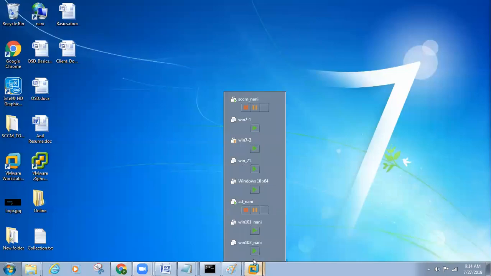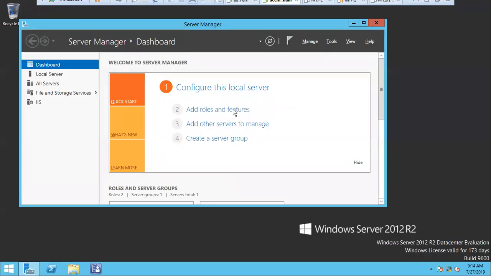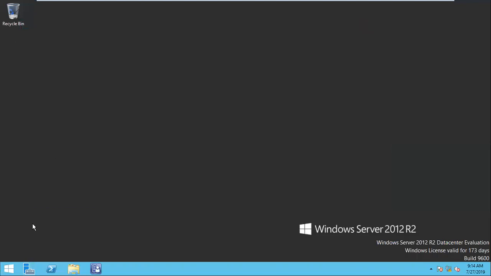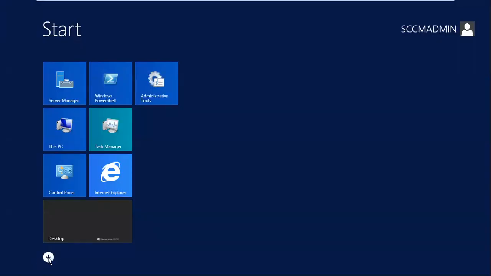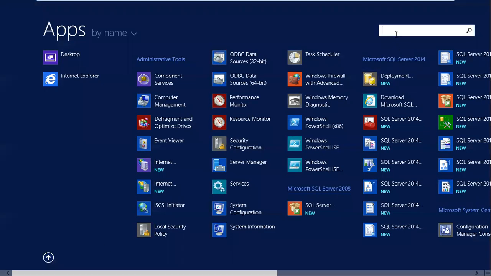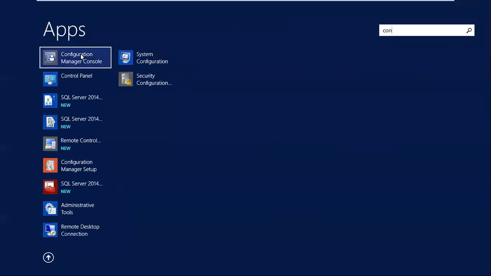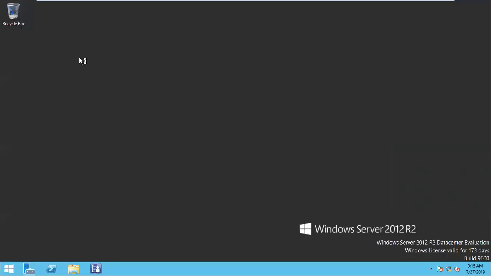So we'll open the SCCM console and see where the applications and software distribution will be. When you open the SCCM server, you need to go to the start menu, drop down, and search for the Configuration Manager console shortcut. When you open the console,